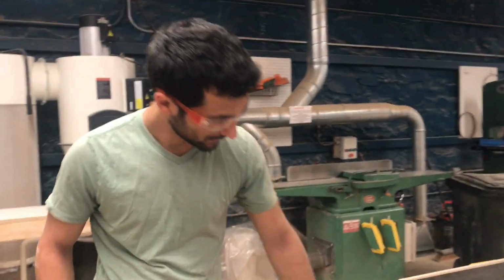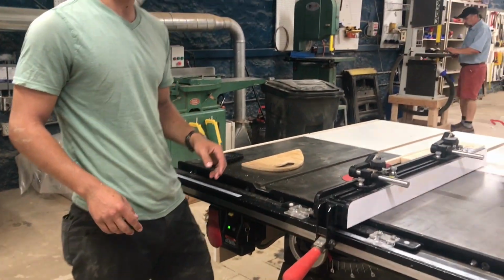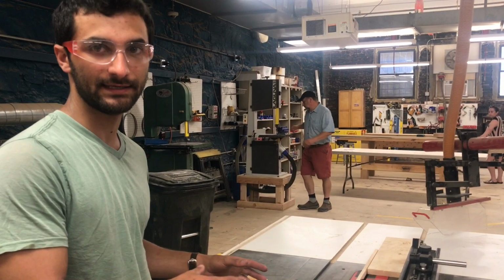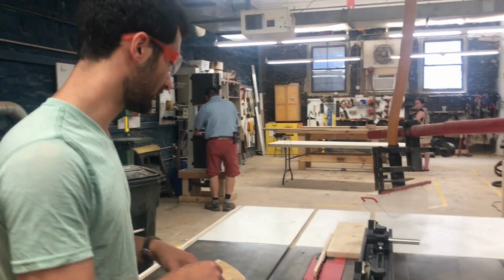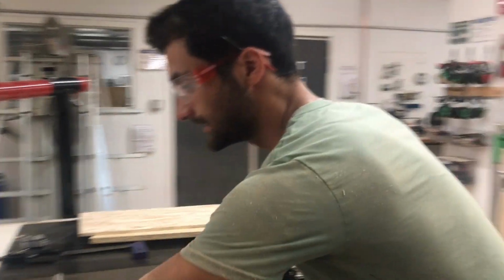As you may have seen, I pulled the switch to turn it on, and then I just nudged it with my leg to turn it off. So then it turned off, without me even needing to take my eyes or hands off the table. So that's a nice way, it's called a paddle switch, of just making sure that your attention stays focused on the table. So now we're gonna do a cut with these stock guides,